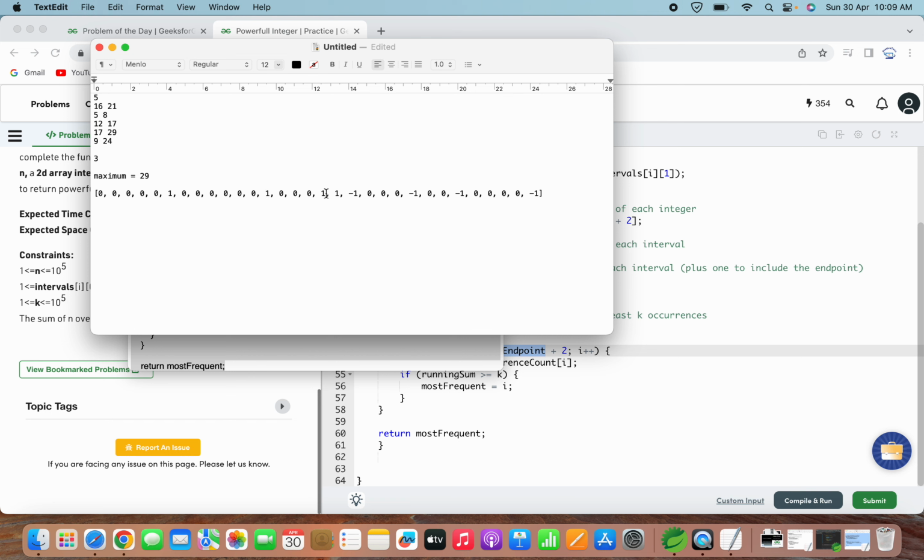So for this 16, when we got the starting endpoint of 16, the first time at that point the running count sum becomes 3. So that satisfies the condition. So initially for the first iteration, whenever this condition is true, we replace it, so the most frequent value will